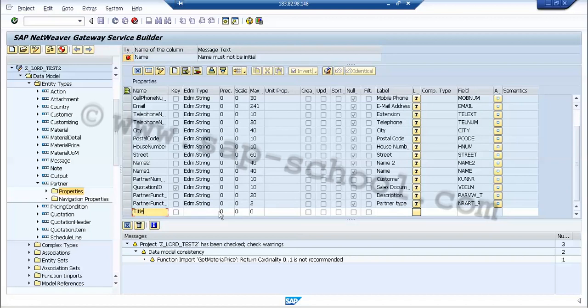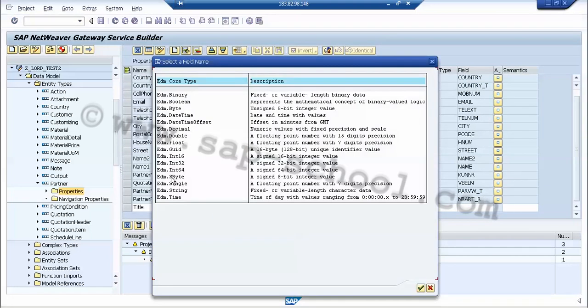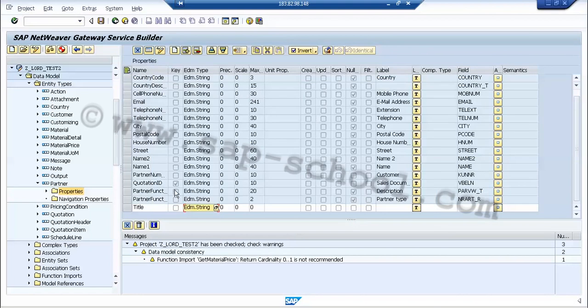After that we have to select the EDM type. So if I go here and select EDM string, after that we have to give the maximum length of it. Say it's 25. Then the label of it, let's say it's again the title.